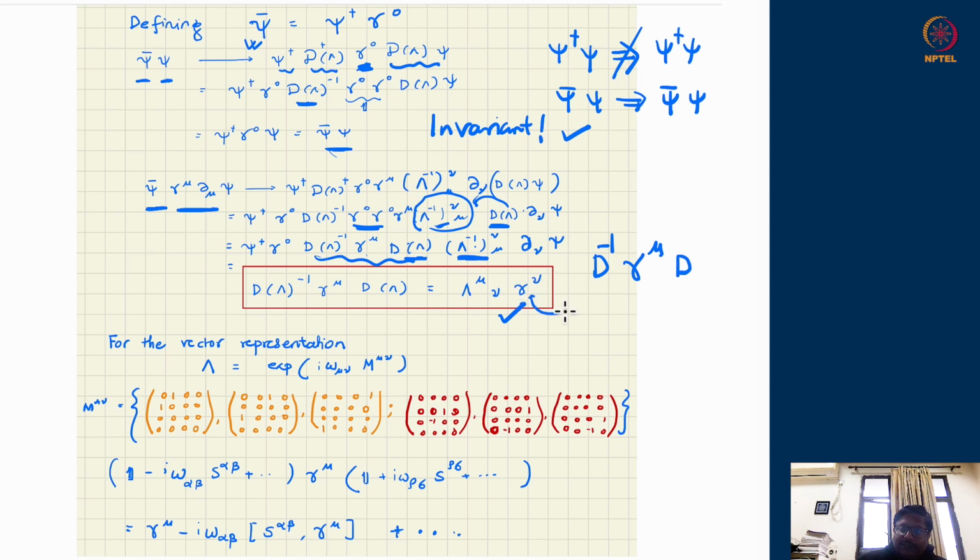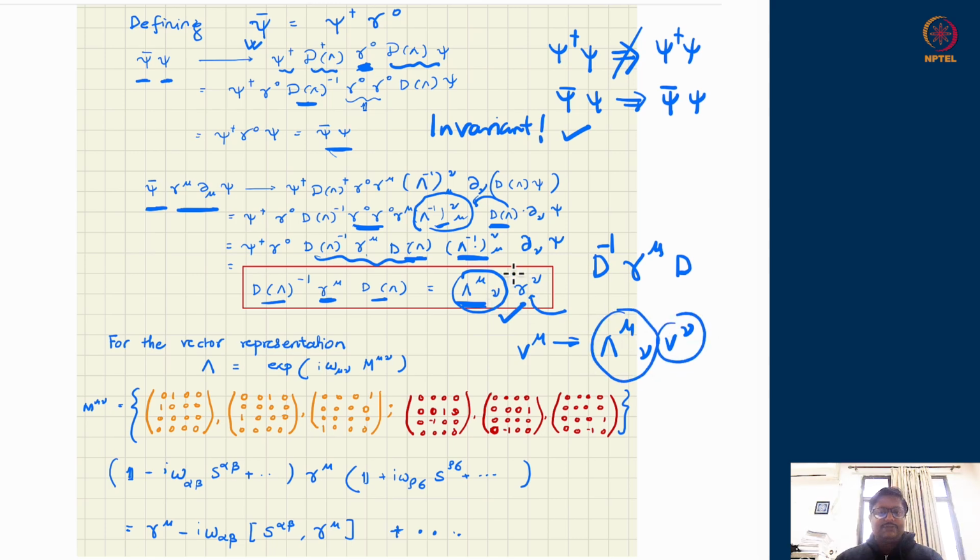Gamma nu is not a vector, it is a matrix, but still this operation is equivalent to what a Lorentz transformation would have done to a vector. Lambda mu nu, the vector representation of the Lorentz transformation, combines with gamma mu. Remember, a genuine vector v mu transforms under Lorentz transformation as lambda mu nu v nu. The same thing is happening to gamma mu, despite it not being a vector, but a matrix. It transforms with D inverse of the matrix from the left and D of the matrix from the right. The end product is almost the same thing as a vector would have transformed. It's four matrices, where previously four components got combined with these numbers.